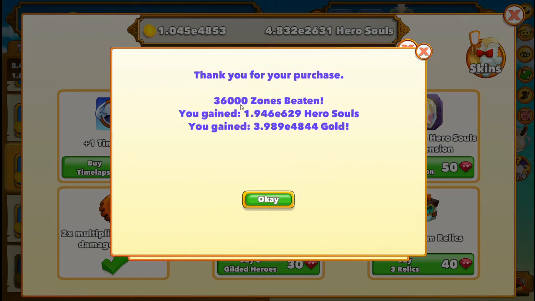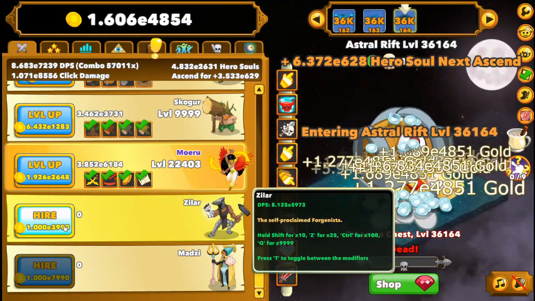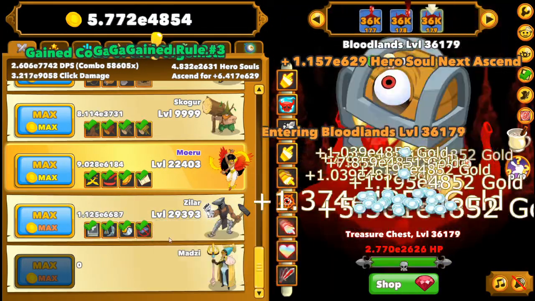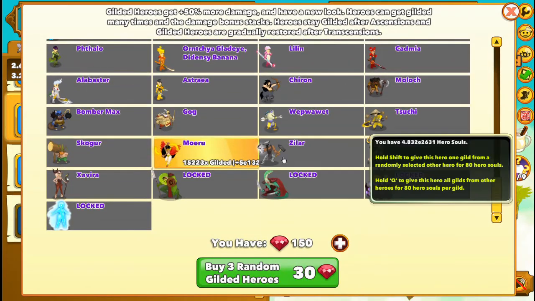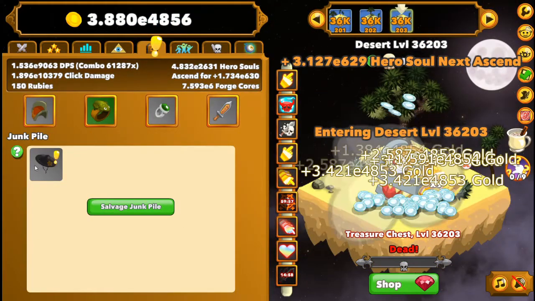So I ascended 36,000 zones, and then we'll switch out to the next person I can purchase, which is Zyla, and we'll buy him up to maximum, just like we bought her up to maximum. We'll move our guilds over, just like we did on the other one, and he should be able to get 36,000 as well. It says we've got